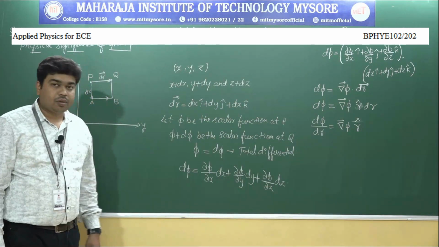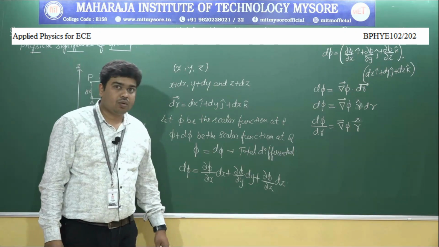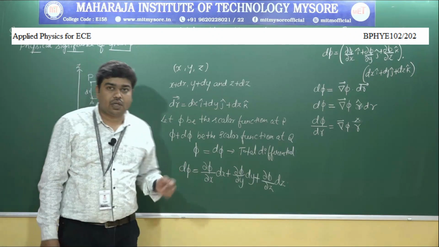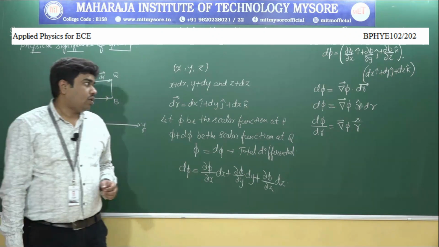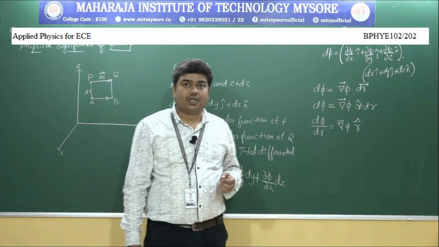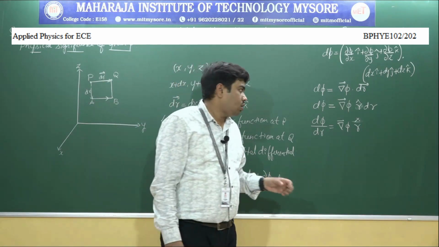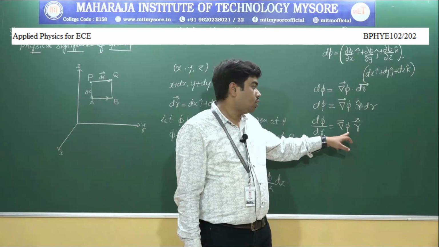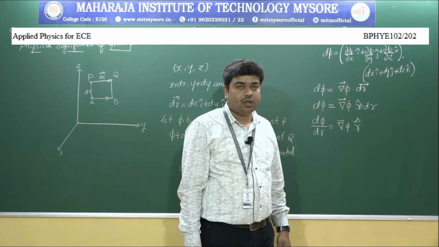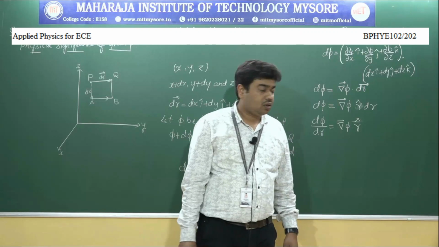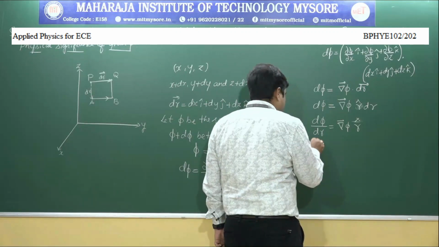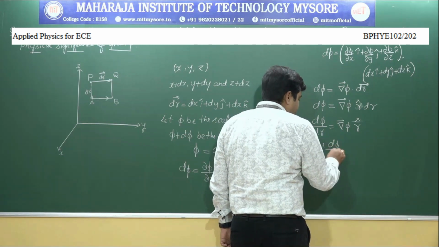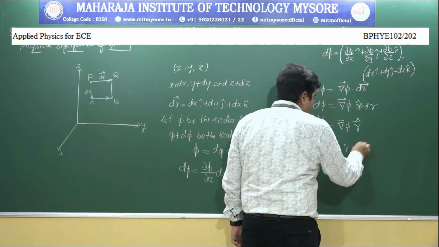Now, what does this equation say about the physical significance of the gradient of a scalar function? As we clearly say, the gradient of a scalar function is a vector. So, how come this has become a vector? Because we have a unit vector r cap along the displacement of the given scalar function. So, we can write this equation, thus we can write d phi by dr is a